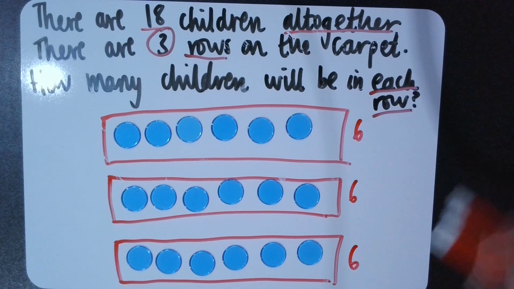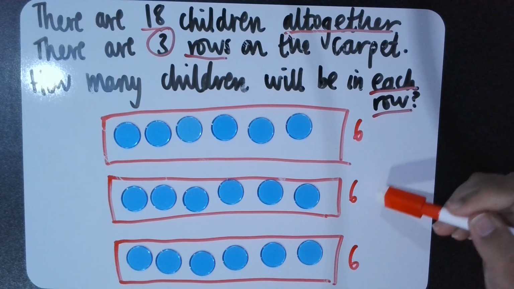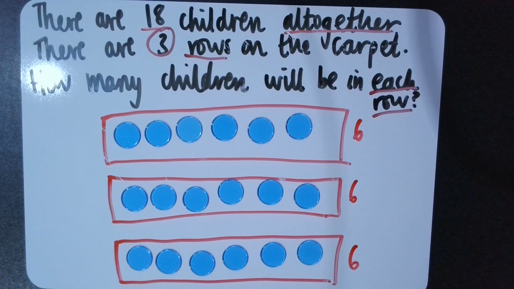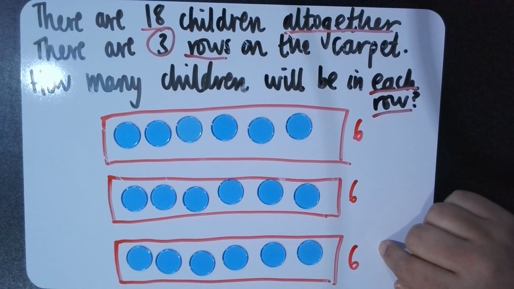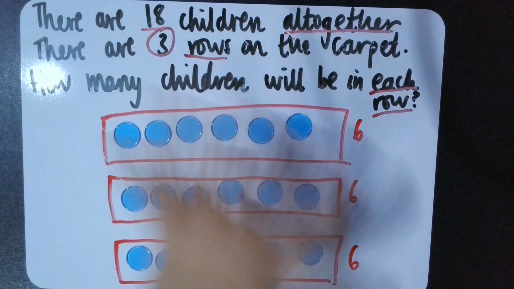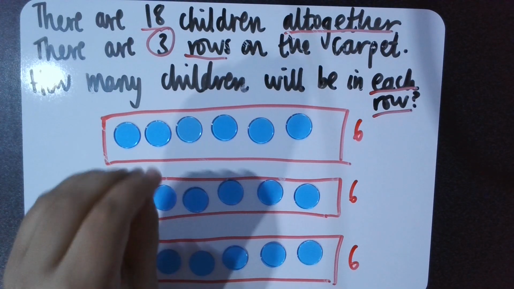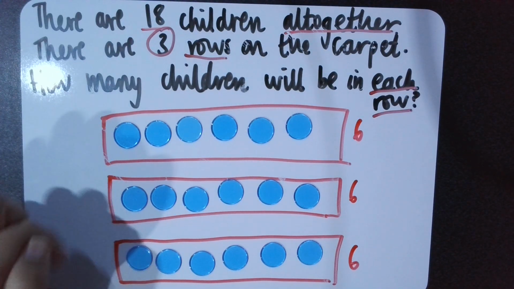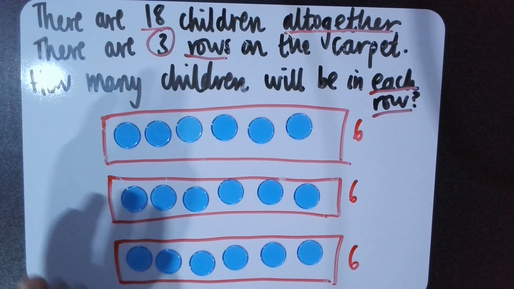That means I've shared 18 out equally because the value of each group is the same. There are 6 counters in each group. So I can say that 18 shared into 3 equal groups gives us 6 in each group. Just to recap,